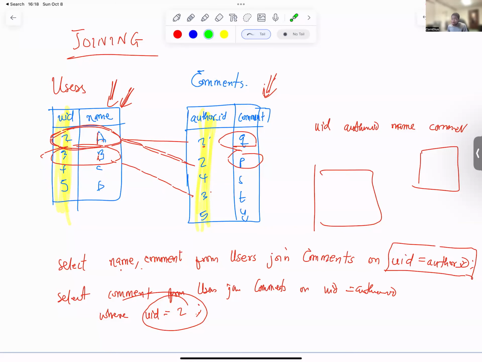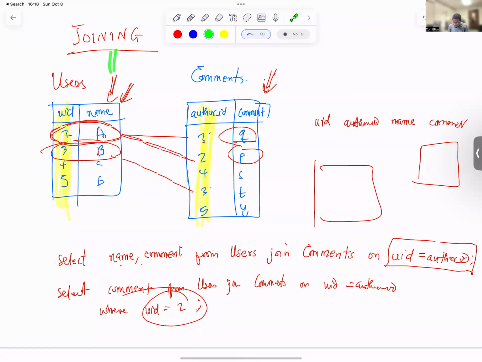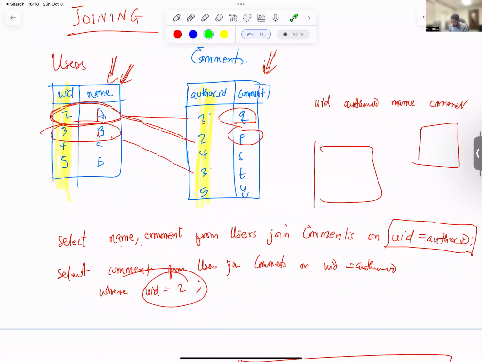But SQL gives you a way to do that by what you call joining. What joining does is that it can take two tables, follow me carefully, here users and comments, and then it will join those tables. How does it join them? It joins them by using what you call the join condition, basically the join column. On what column should I join these tables? So if I join these two tables on this first column for users and this second column for author ID,